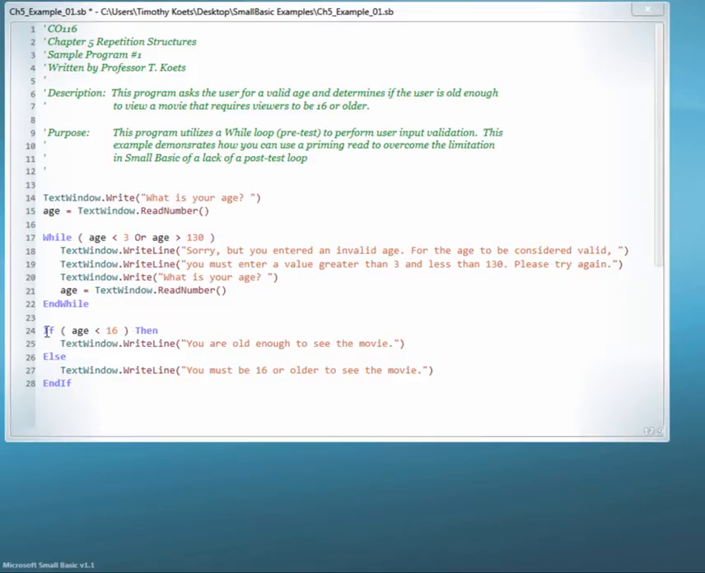Now on line 24, we have a valid age at this point. In fact, you can't get to line 24 until you have a valid age. So you can safely work with age after the while loop, knowing that it has to be valid at that point. So we simply check to see if it's less than 16. Now we know it has to be greater than 0, so there's no sense testing for that. That would always be true on line 24. But we do check to see if it's less than 16. Do we need to check to see if it's greater than 130? No, that's already been taken care of. So if it's less than 16, we tell them